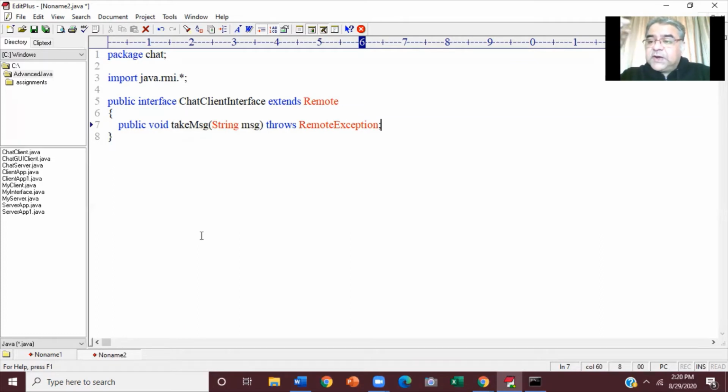But these names of the clients, with whom are they? They are with the server. So don't you think the client needs them? Client needs it. So we'll keep such a method which server can call on client and pass the names of those clients who are there in the chat room. See, the names are with the server.